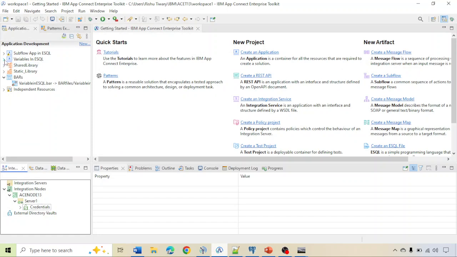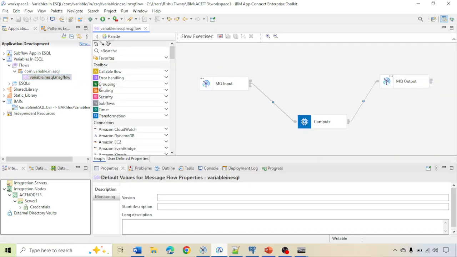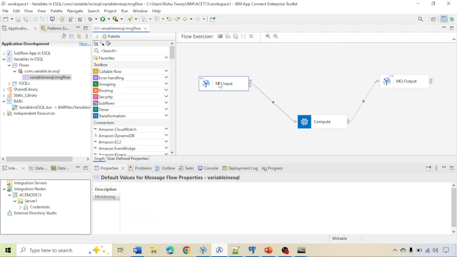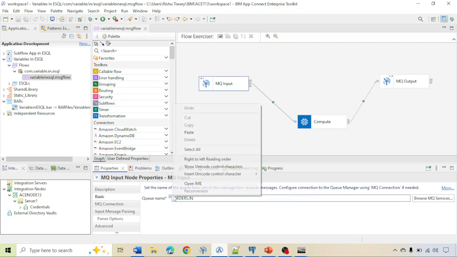I have created a small application like the previous application that we created. I created an application with the name variables in ESQL. Under that I created a message flow with variables in ESQL under a schema com.variable.in.esql. While creating this message flow, I used the MQ input node. In the MQ input node, I selected the input queue as orders.in to read the message from the MQ input,